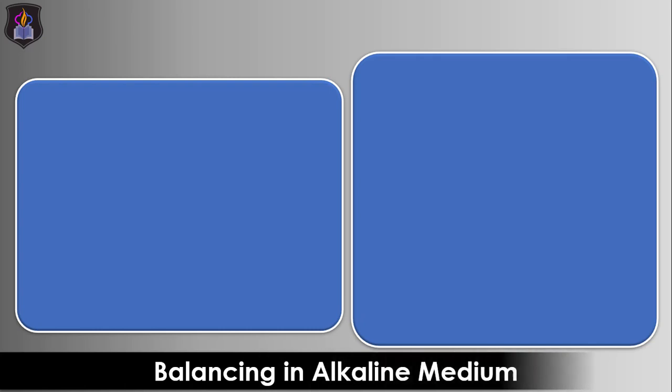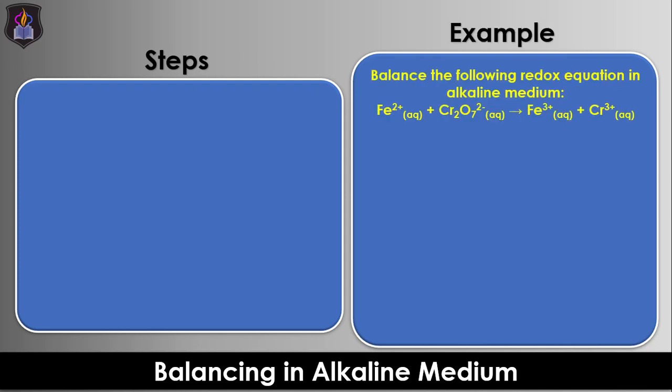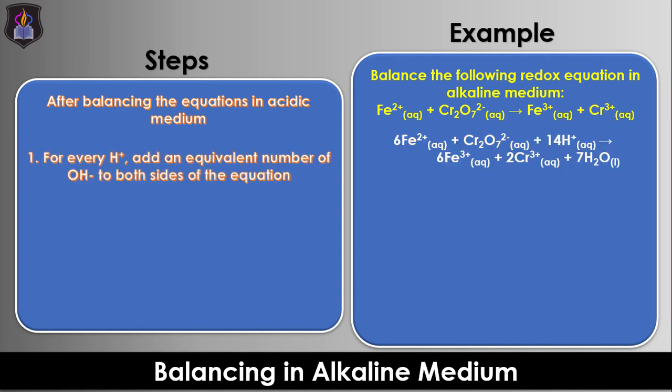Now let's look at the next step for balancing redox equations in an alkaline medium, as we balance the same equation between iron 2 ion and dichromate 6 ion in alkaline medium. Just like the acidic medium, if it's not clearly stated, the reaction in an alkaline medium is always identified by the presence of a hydroxide ion. To balance an equation in alkaline medium, you must first balance it in acidic medium using the steps discussed earlier. Then, for every hydrogen ion, add an equivalent number of hydroxide ion to both sides of the overall balanced equation